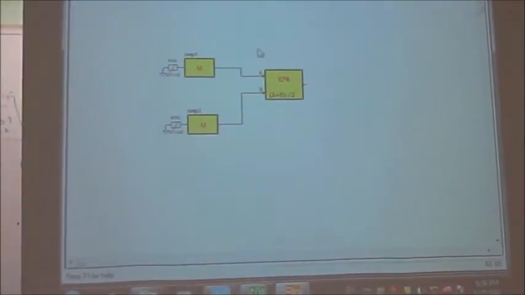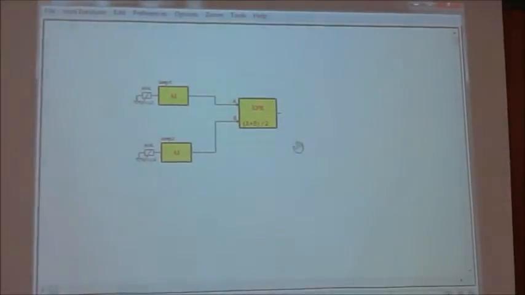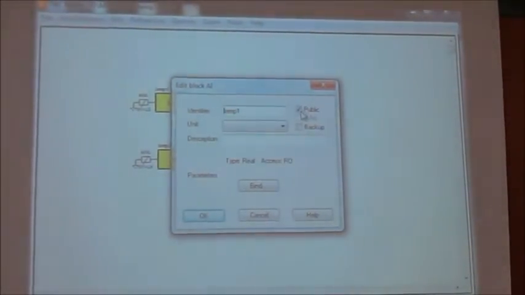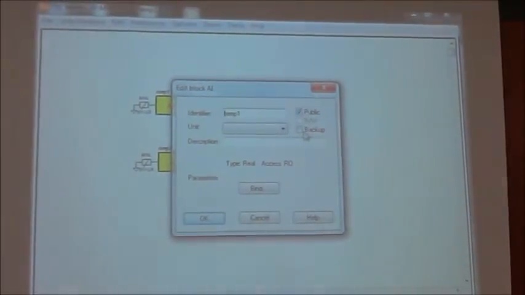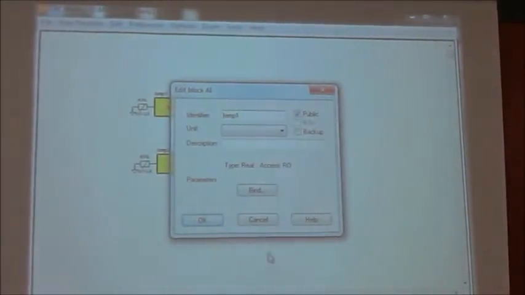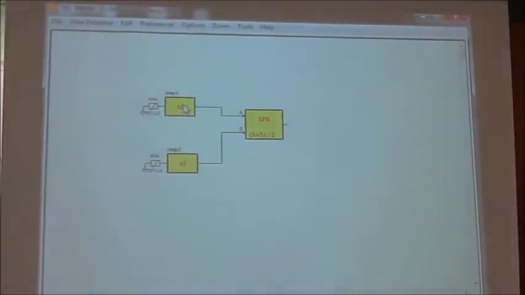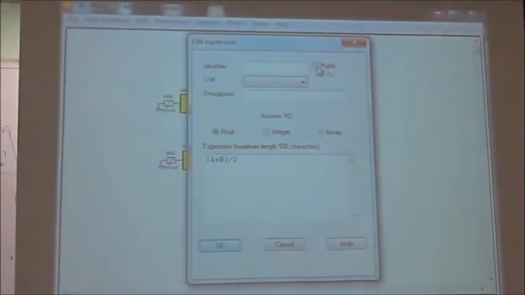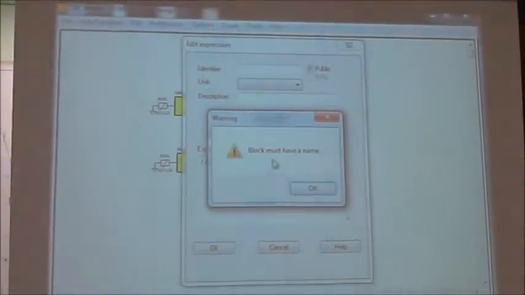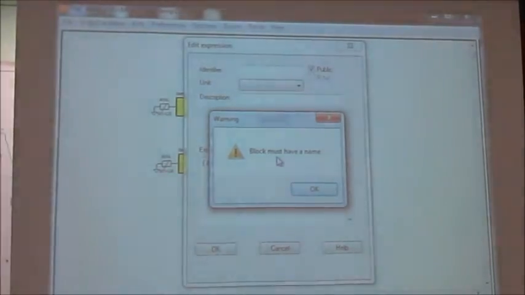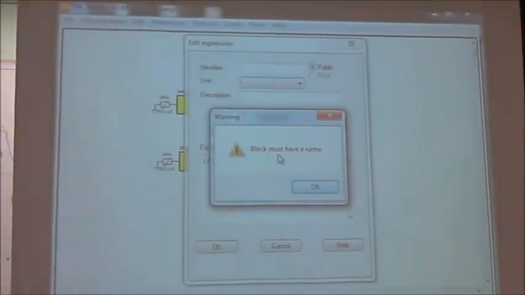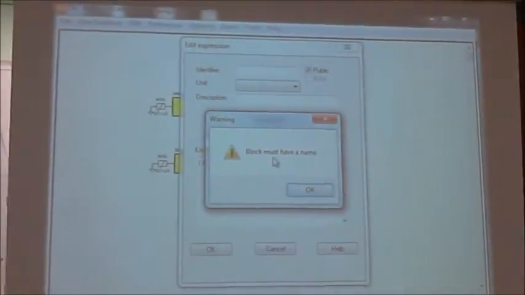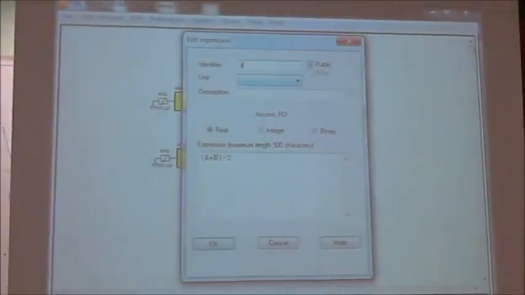Now what I want to do, I want to display this average value at the workstation. So those analog inputs are automatically public here. If nobody asks why this is public, what is this backup, okay, anyways. This public means you want to view this reading at a workstation. So this is not ticked here, I put this public here. Once I say public, you say what name you want to view it by from the workstation. This must have a name. If not public, how to display this reading at a workstation? So I just name it average